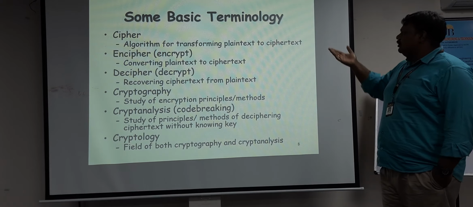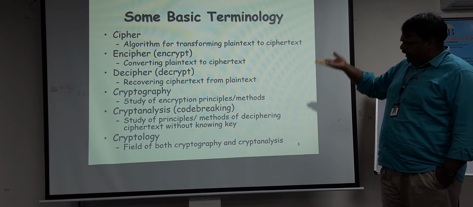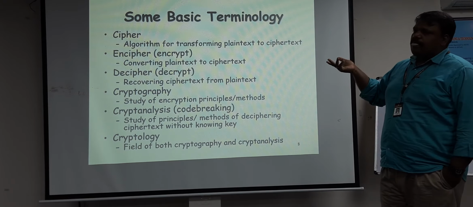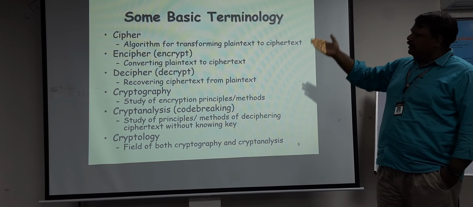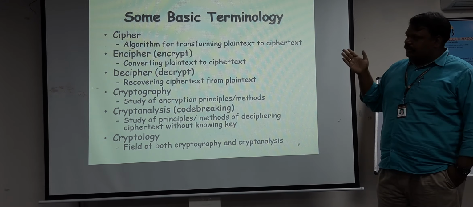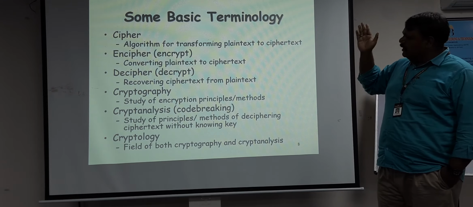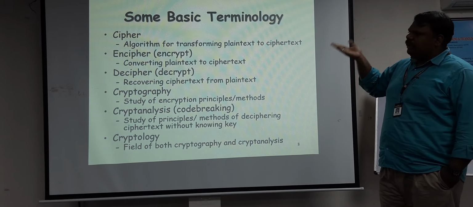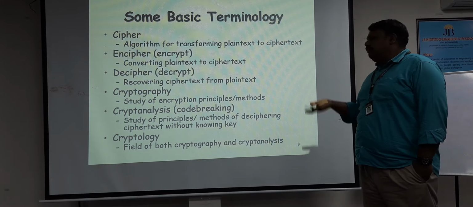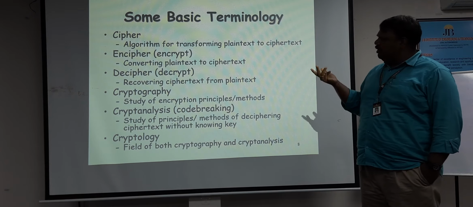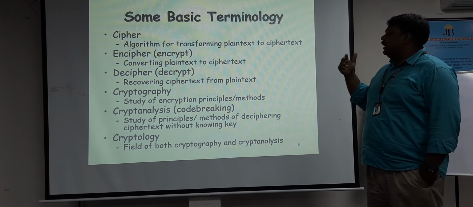This is the actual structure, or the ingredients, which are needed to convert encryption to decryption. Various terminologies other than plain text and ciphertext are used by the hacker to crack our particular code. Ciphering is a technical term related to cryptography and network security, an algorithm for transforming the plain text to the ciphertext. Enciphering is encrypting, converting the readable plain text to unreadable ciphertext or encoded formats. Deciphering is reversing the operation, converting the ciphertext back to the plain text.